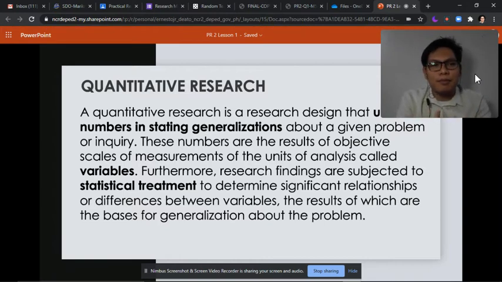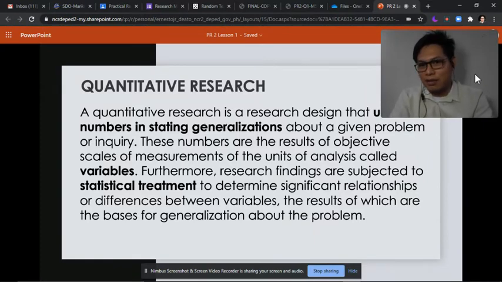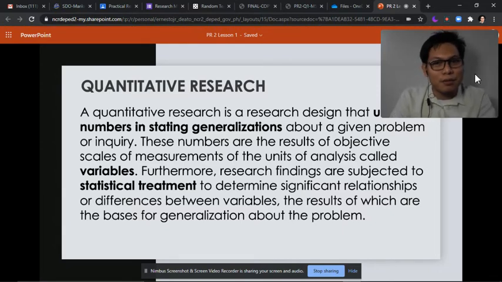So most of them hindi kailangan ng variables, hindi kailangan ng statistical treatment. Kaya nung nabanggit ko kanina, di ba, sabi ko hingi tayo ng tulong kay Sir Magadja. Although I can teach you yung mga gagamitin nating statistical treatment, yun nga lang I'm not qualified to do that kasi syempre baka magkamali ako.